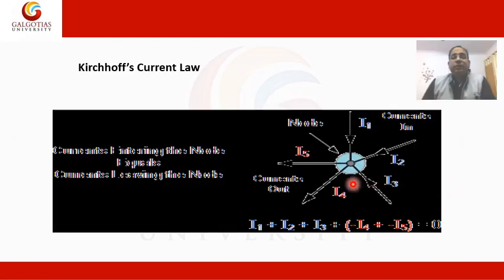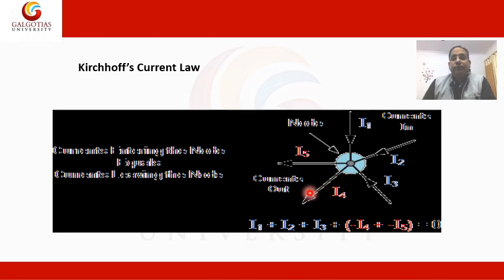Here you can see the figure. Suppose this is a node. Suppose three currents are incoming towards the node, let's say I1, I2 and I3, and two currents are leaving the node, let's say I4 and I5. Whatever current is coming into the node we take as positive, and whatever current is leaving the node we take as negative.